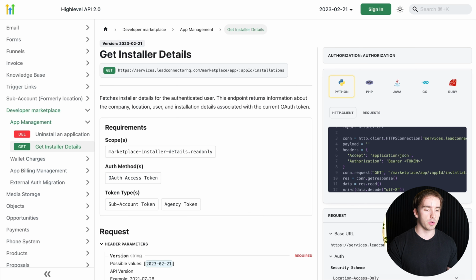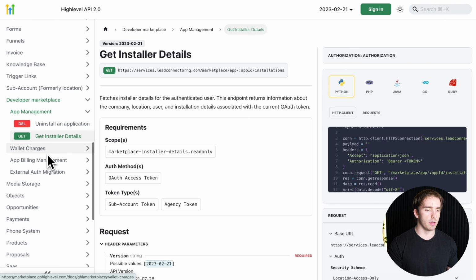Now the actual API that we're going to be utilizing is the Get Installer Details API, which you can find from Developer Marketplace under App Management. You can see Get Installer Details. This is towards the bottom of the documentation. Again, if you don't know where this is, it's marketplace.gohighlevel.com/docs. Now, here we can get the Get Installer Details API, and all this is going to do is